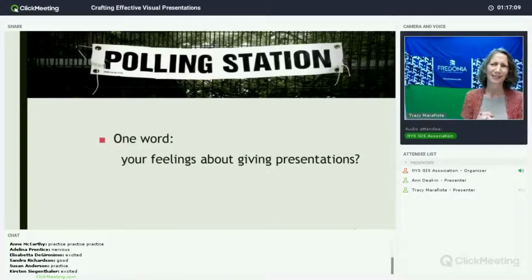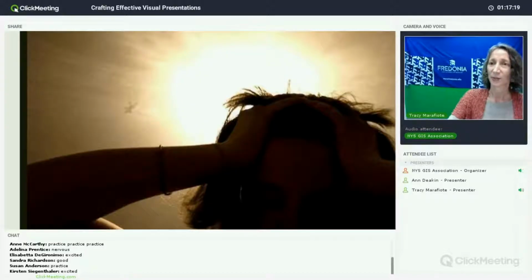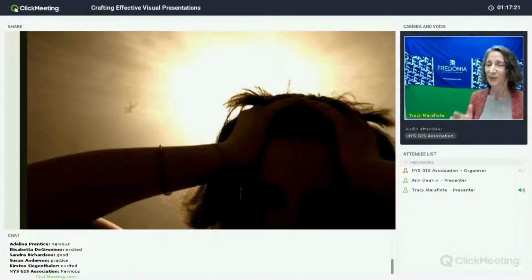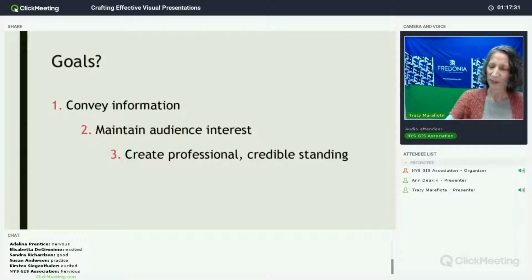There was nothing that said joyous or energized, but hopefully we can move in that direction. None of these are terribly surprising or unusual. But if this is you when you are preparing for a presentation, we're hopefully going to help you move beyond that and feel a lot more confident in your presentations. We will help you get past that.